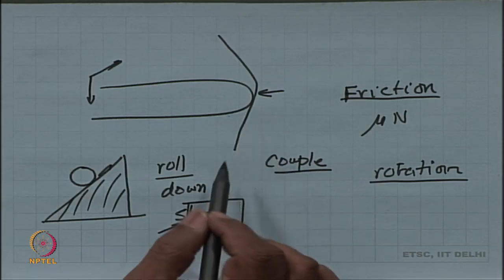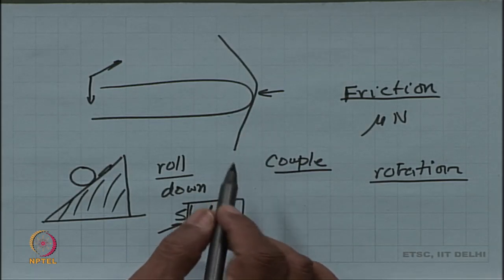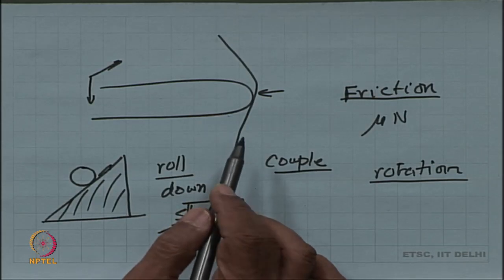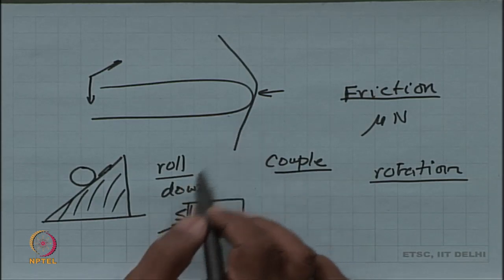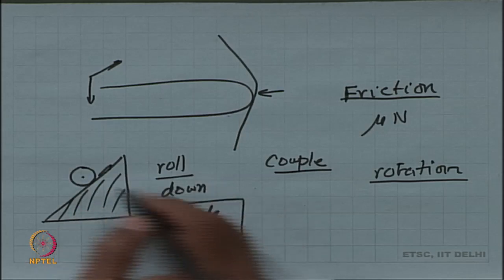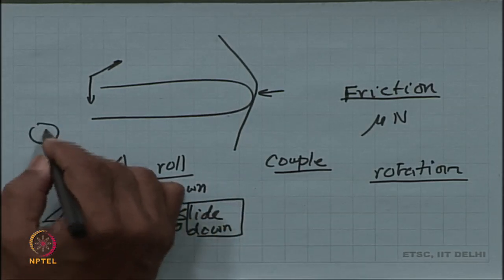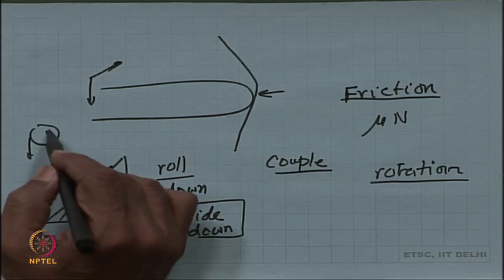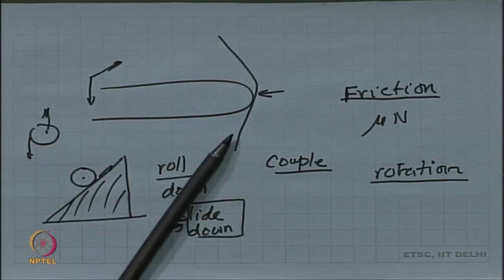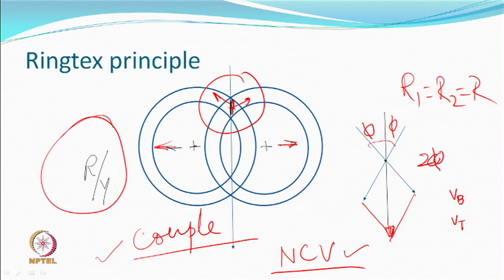In this case also, when this friction is there and there is a rotation, from the middle of the, let us say, the yarn mass, you will have one force in one direction and the other in the opposite direction, and so you can create a couple there as well. That is why it rotates. If you can't create a couple, there will not be any rotation. It will generally only be dragging or slipping. So, in this case, it is relatively more simple to understand that there is going to be a couple.